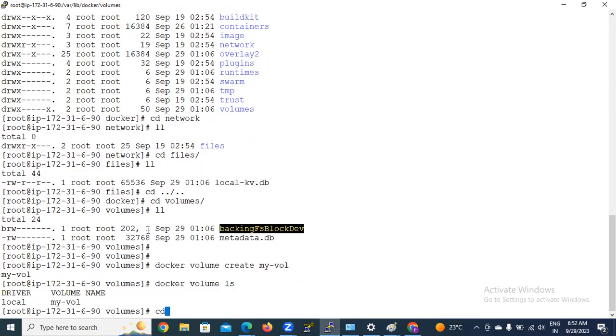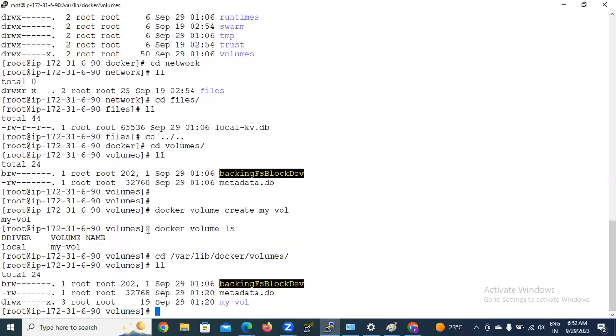Okay. And here we are aware, right, in which path we have to go? cd slash var slash lib slash docker slash volumes. Now see here, whatever volume you have created, this volume takes